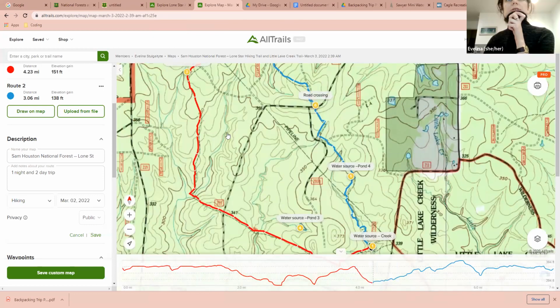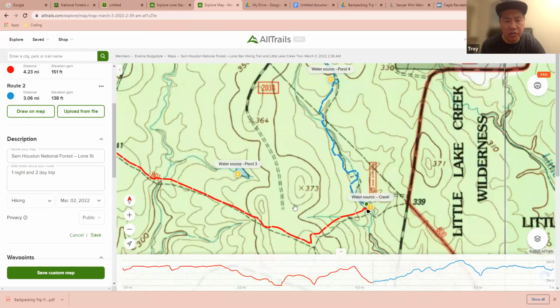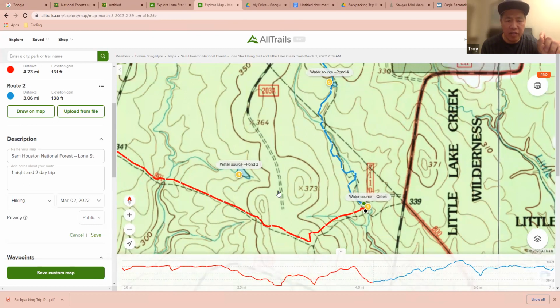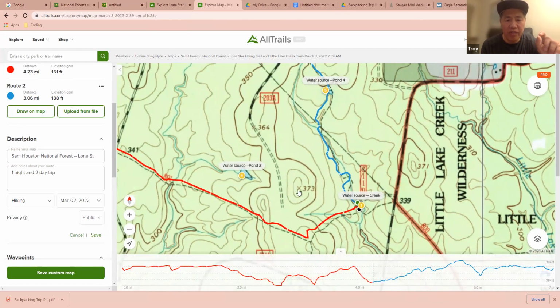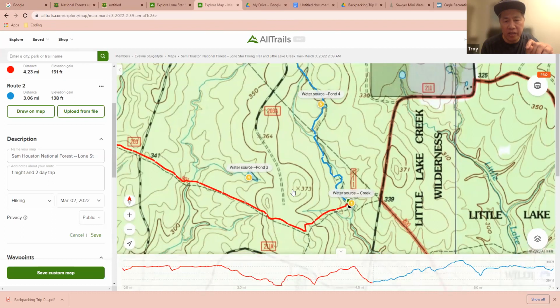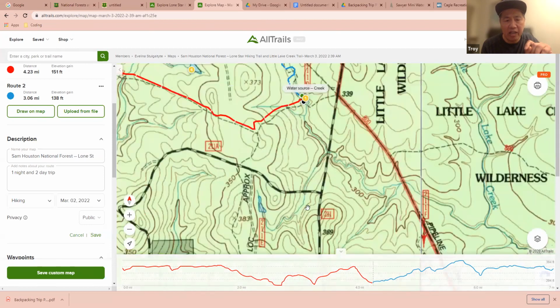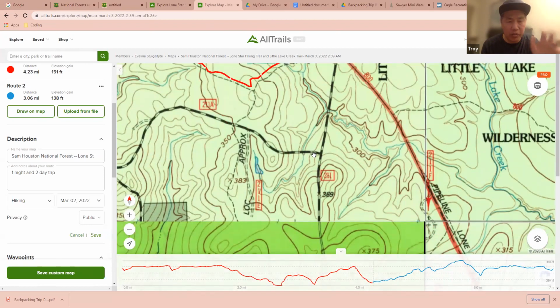This one? Yeah, and you see there are concentric circles. The top of it says 373, so that means it's 373 feet tall. The next topo line should be 353, which is 20 feet lower. On this particular trail there's not a whole lot of up and down, but a little bit to the lower right of that, you see multiple lines. It's just indicating that those are steeper grades.